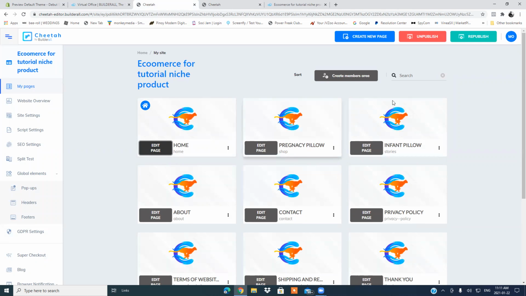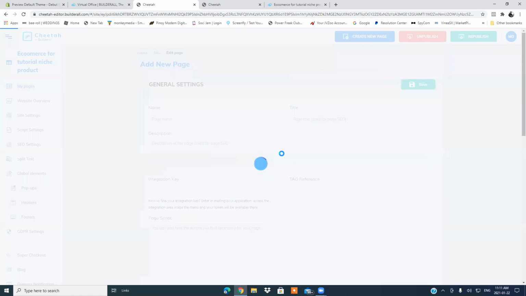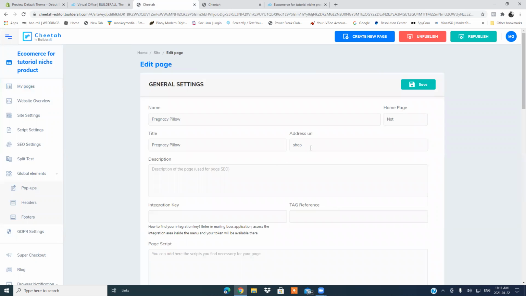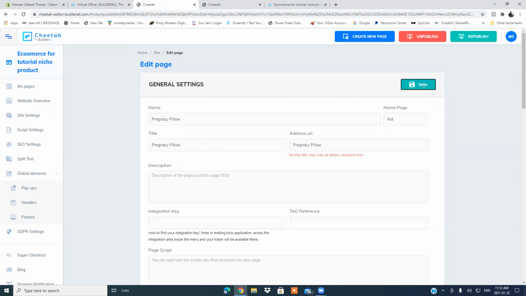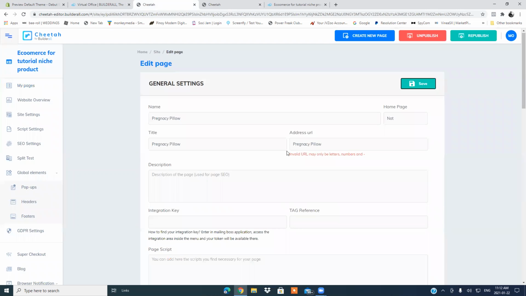We did change the pregnancy pillow and we want to republish this because we did change this, right? The stories into shop. Oh, maybe we need to do something else. Let's see. Oh, okay. Here is what we're going to do. Let's replace this, perhaps. I hope. No, nope, nope. Okay, there's literally something that went wrong. This is what I'm saying, right? So what I'm going to do right now is